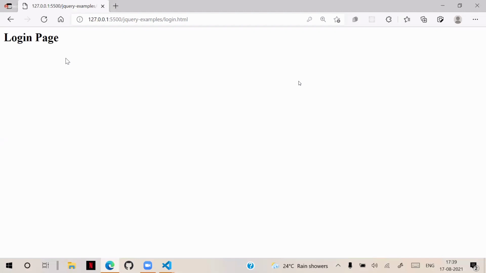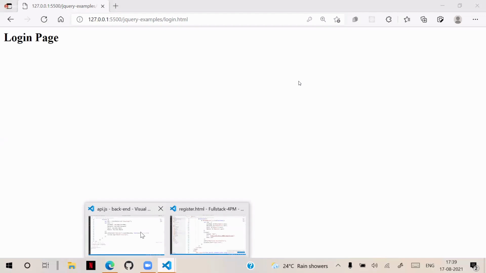We need to design this login page. In the login page, user must be able to provide the credentials, and if the credentials are correct, it will automatically navigate to another page. If wrong, then it will display the error. So it must verify these login details by using the API.